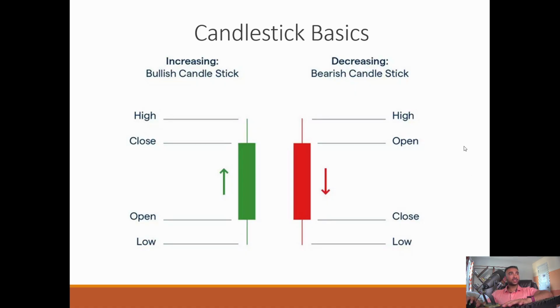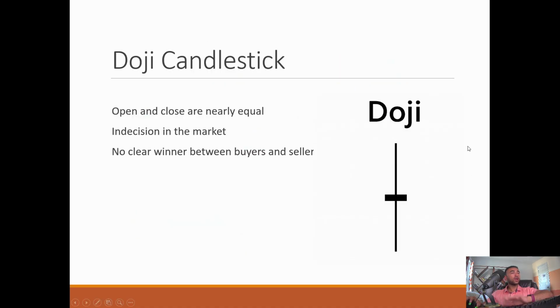So let's get started. Let's go next. All right, so the number one view here is a doji candle. A doji is basically right in the middle. The open and close are nearly equal, and what this really means is that the stock opened up here,